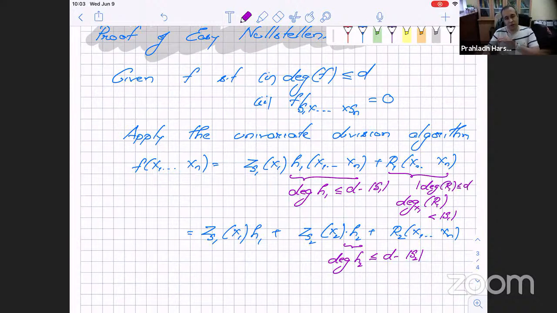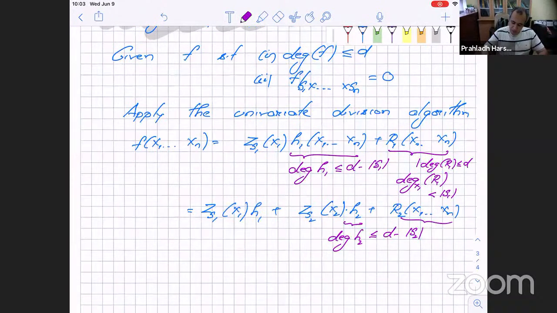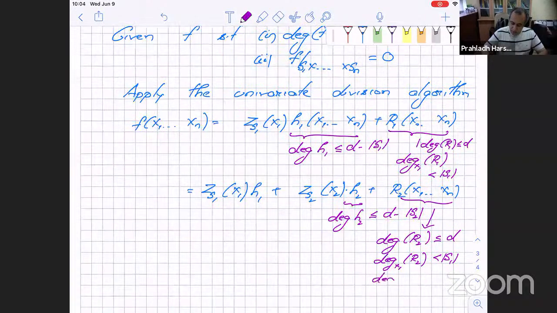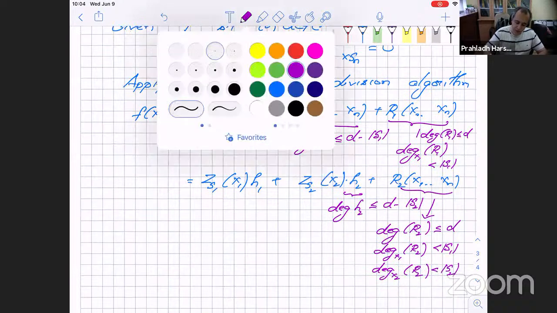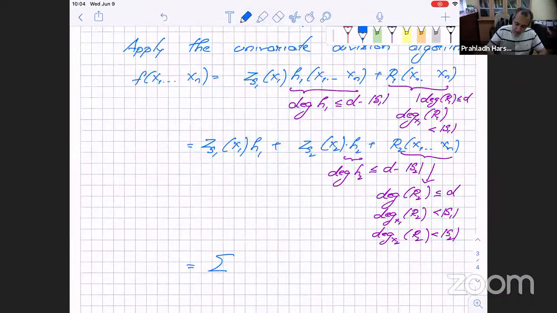The total degree might not have collapsed. The individual degree has collapsed. And for R2, once again, the total degree of R2, I have no control. It possibly is remaining the same. But the degree in X1 of R2 has fallen, it can't increase in the process. That is the size of S1, and the degree in X2 is less than S2. So we'll keep doing this process repeatedly till at the end we are left with